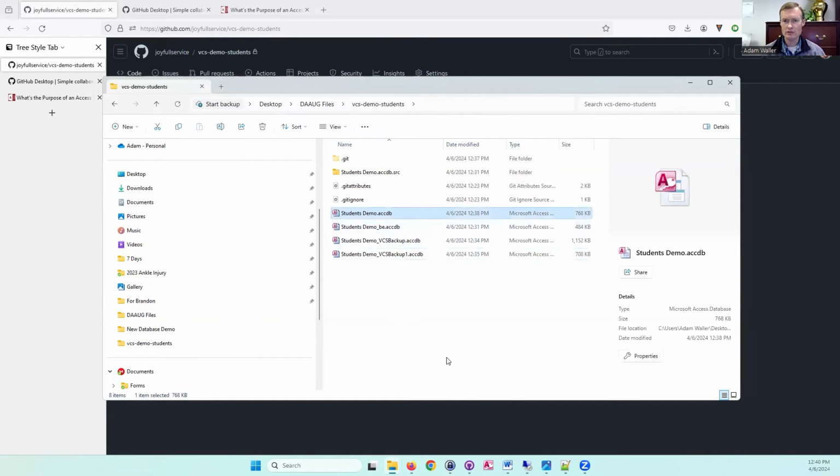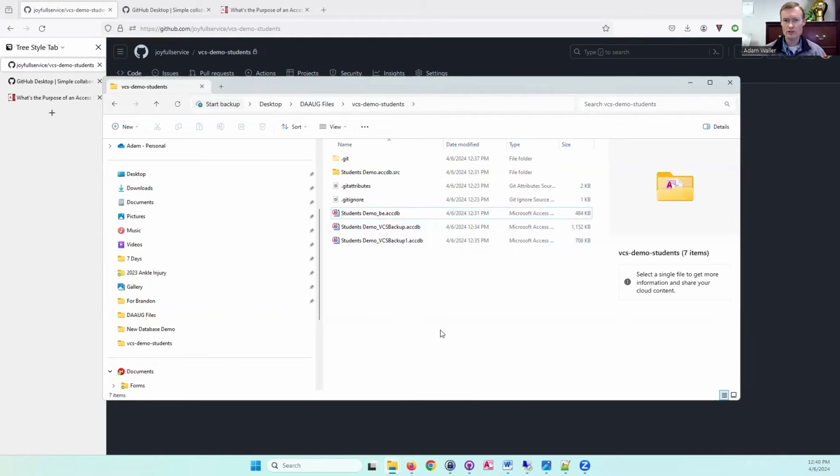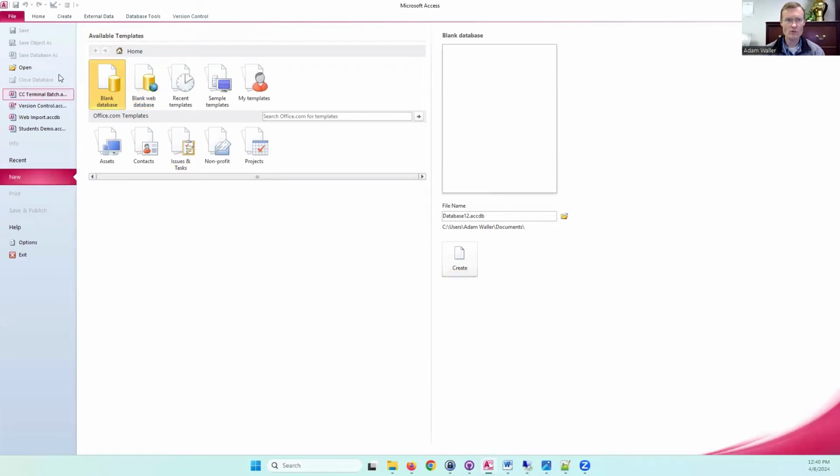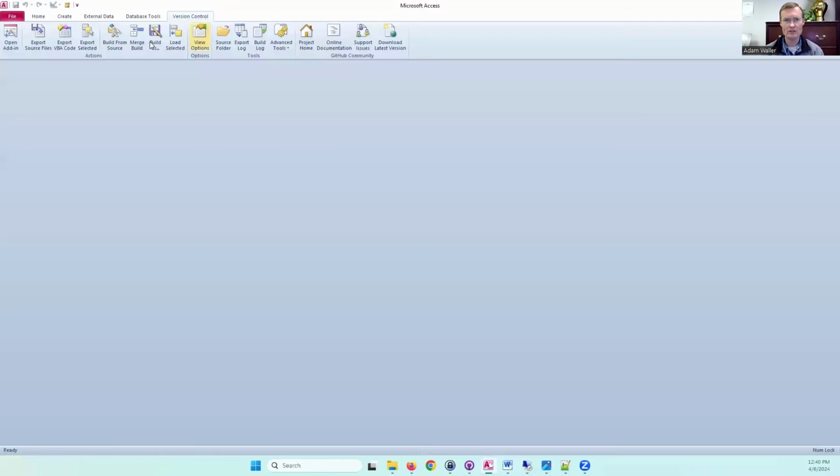Well, the great thing is we could just delete that file, because when George goes and checks out the project, he notices there's no binary file. Well, how in the world does he get a copy of that compiled file? Well, that's the neat thing about this: you can go to version control and you can build from source. If it's got an open file, by default it'll pull in that file. But you can also click build from source,